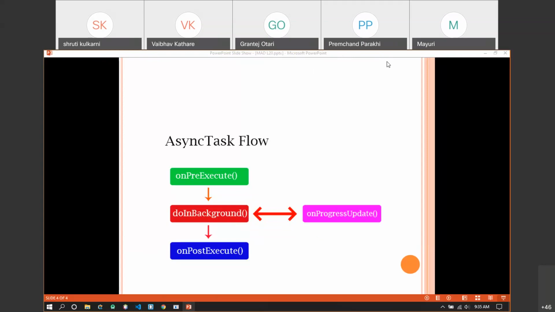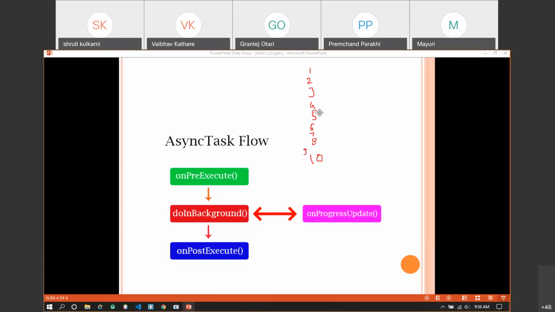Let me enable the annotations so you can draw something on your PPTs. As I already said, if I have some longer operation, suppose it consists of 10 steps, and these 10 steps are divided into smaller steps in this way, 8, 9, and 10.